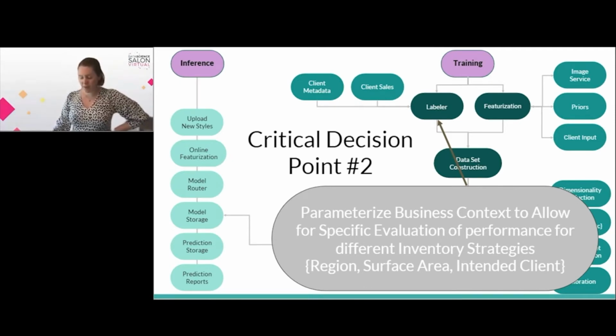And the other aspect of parameterizing your business context is, as Stitch Fix has grown and developed more surface areas, more touch points with our clients, different fashions will perform differently in different touch points. So by parameterizing the business context, that gives you an ability to know, why are you bringing something into the